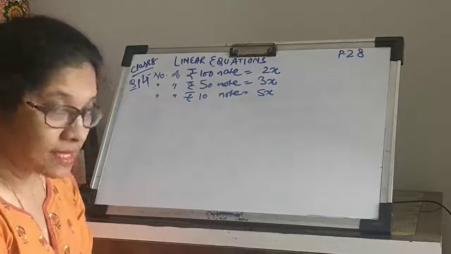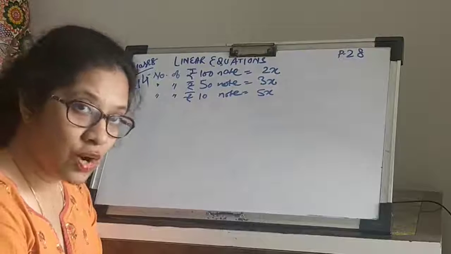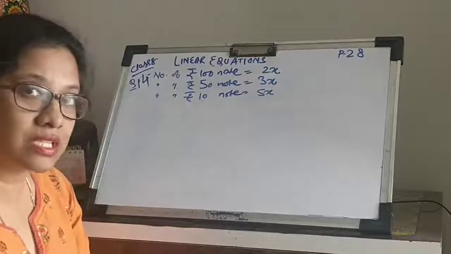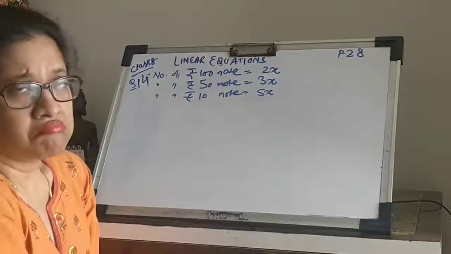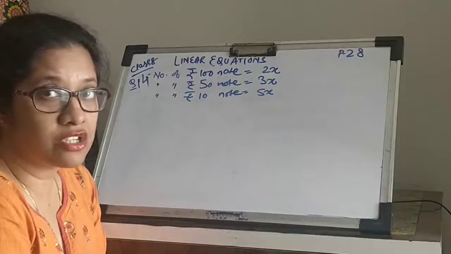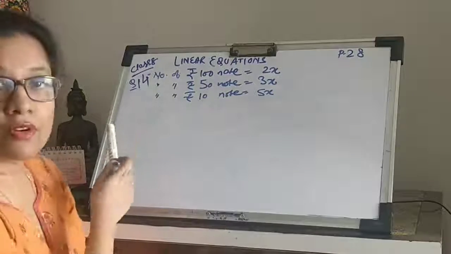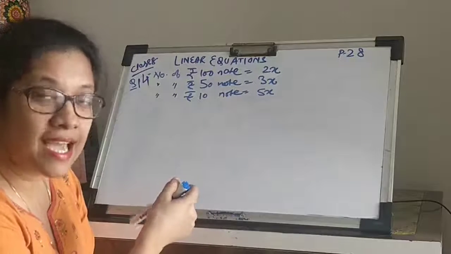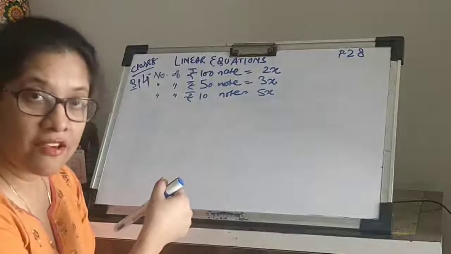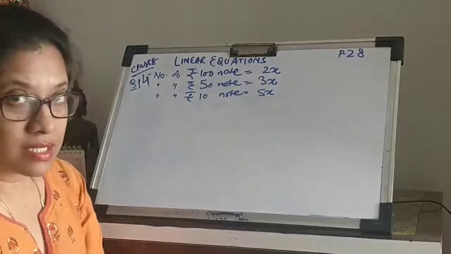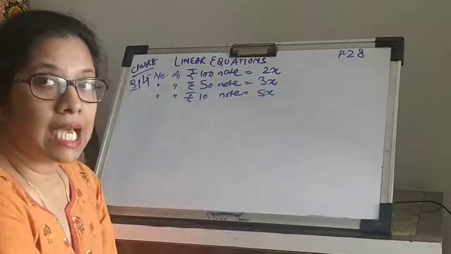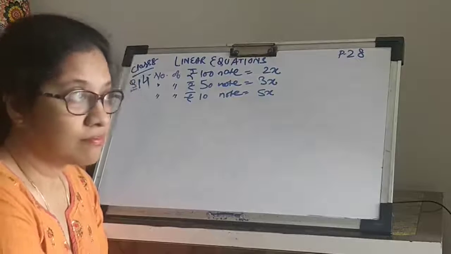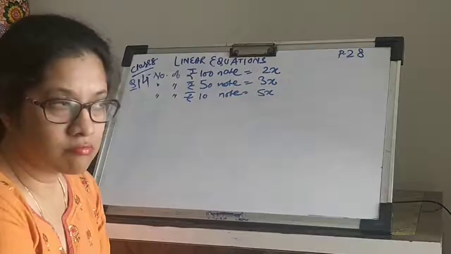Okay. So, coming back to this question. What does it say? Lakshmi's bank has got rupees 100 notes, rupees 50 notes, rupees 10 notes, but in what ratios? 2:3:5. So, what will be the number of notes of each denomination? Let the number of rupees 100 notes be 2x. The number of notes of rupees 50 will be 3x. And the number of notes of rupees 10 will be 5x. One more thing is given to us. We are also given that the total amount that the bank has is rupees 4 lakhs. Now how do I relate it with the number of notes?